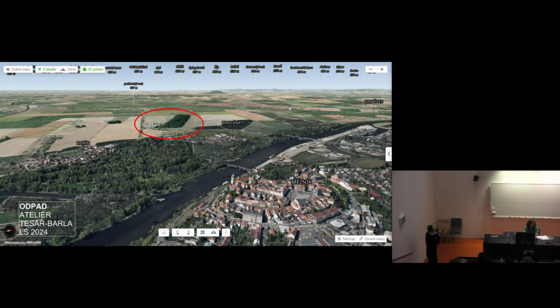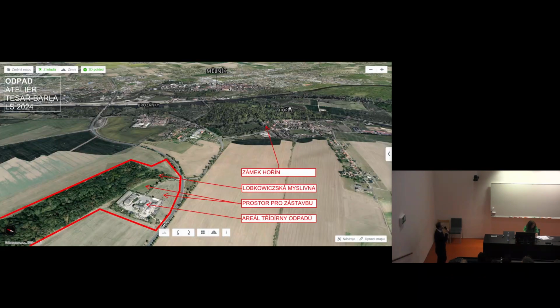So the Hořín is a small town close to historical town Mělník, which is north 1 hour far away from Prague. Here you can see this existed junkyard, actually the place to collect waste to sort it.